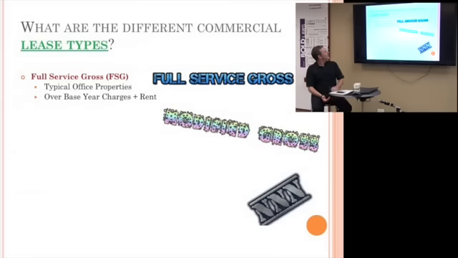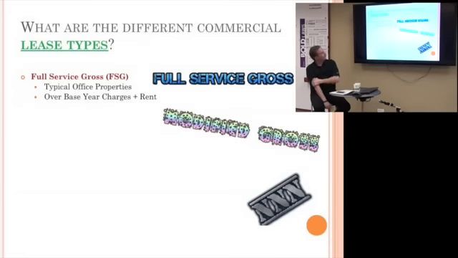And typically the way full service gross works, again, like I said with the retail centers, things begin to blur a little bit, because there's a million different ways to skin these cats, but these are the main three categories. What they do in full service gross leases is typically the first year you sign an office lease, let's say it's a 5-year lease that you put a client into an office space, typically the first year you're just paying your rent